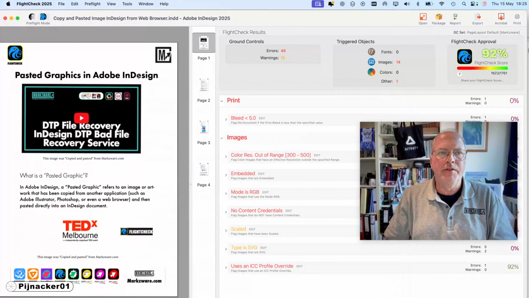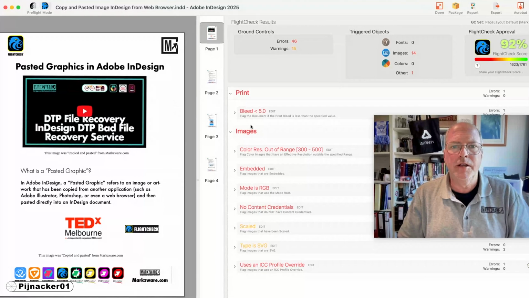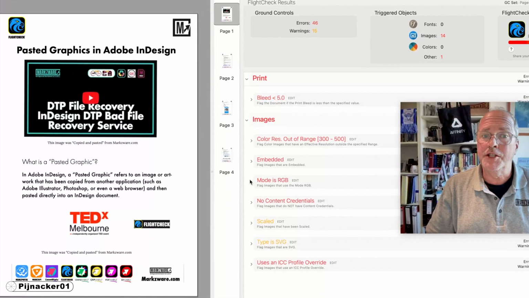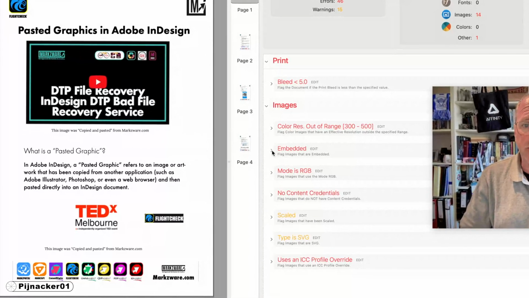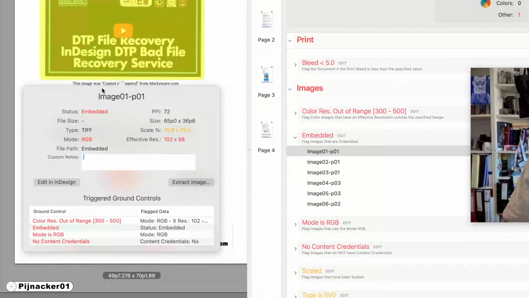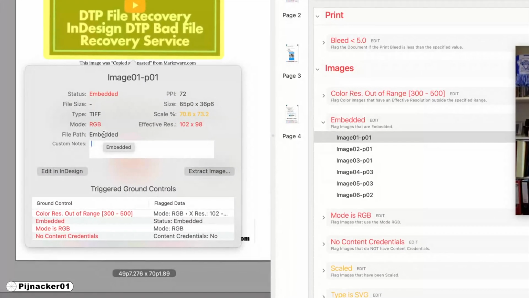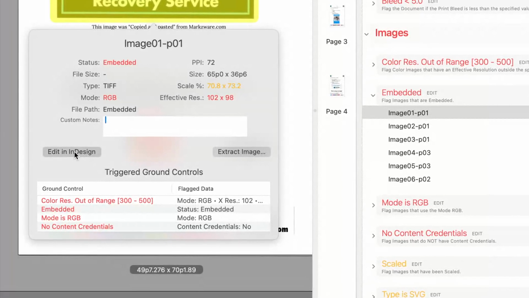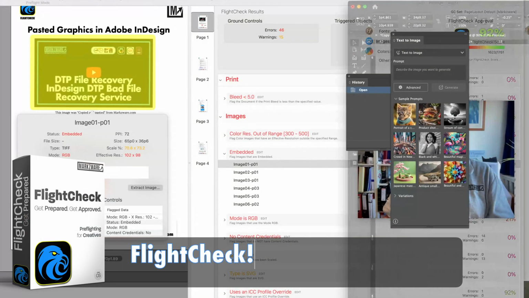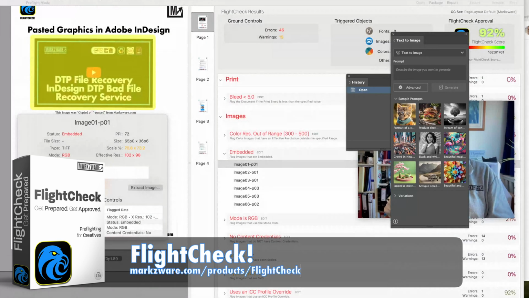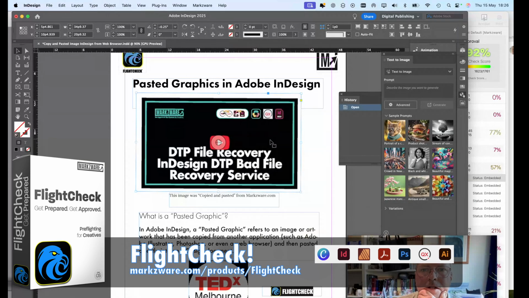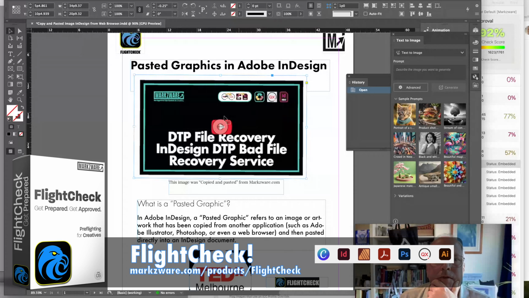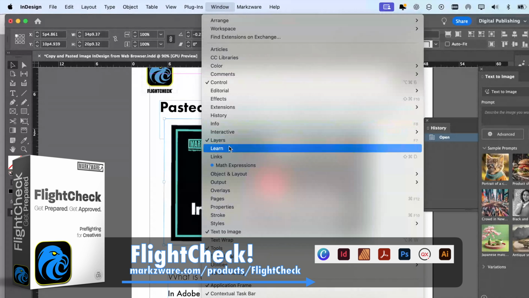What we can do is I have the document here opened in FlightCheck, and I can then, for instance, click on FlightCheck. Markzware FlightCheck does see the images that have been pasted in from web browsers or from other applications. And we can go edit in InDesign, and it actually takes us right in on my other screen here. I need to resize that. So it takes us right on in, and what you're going to see, this here showed as embedded, an embedded image in FlightCheck. Well, under the links panel,